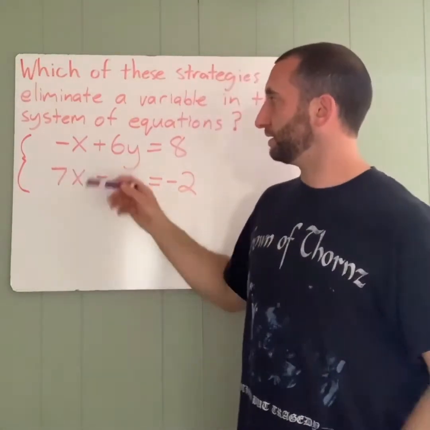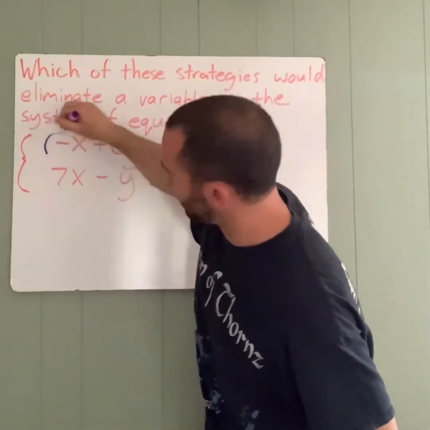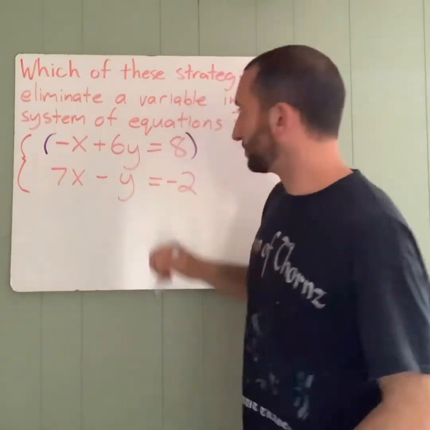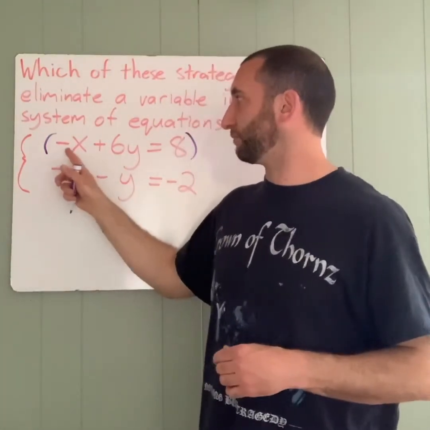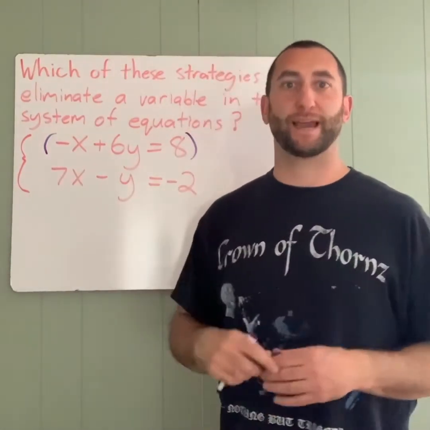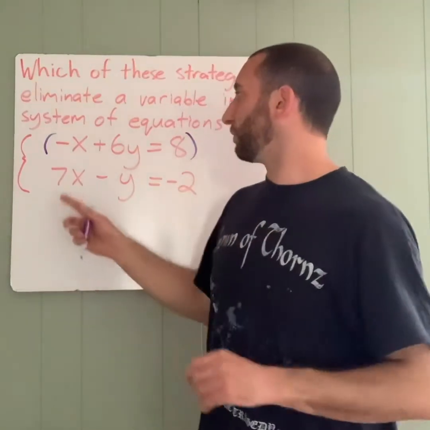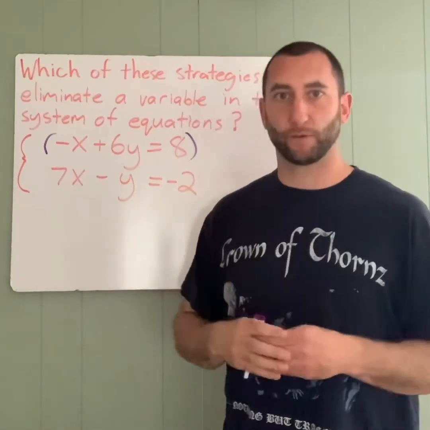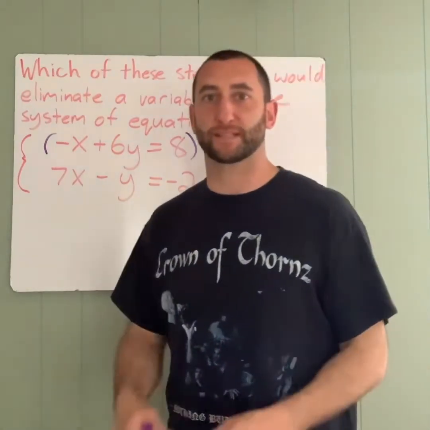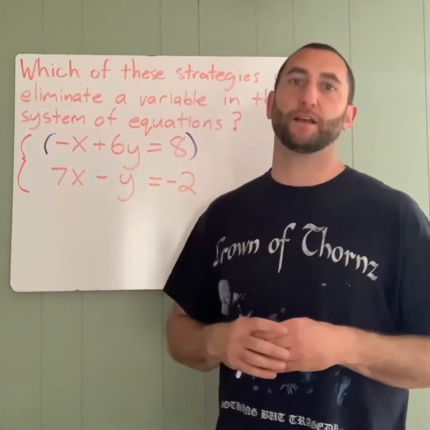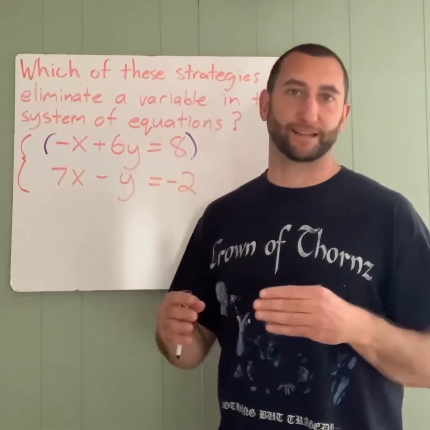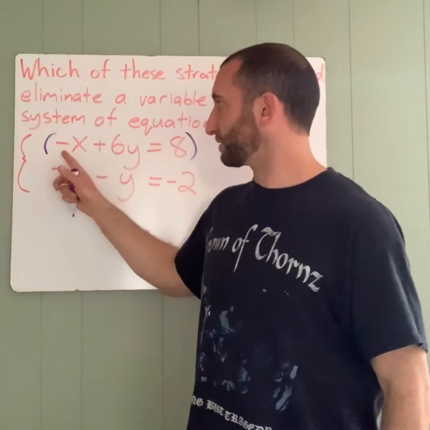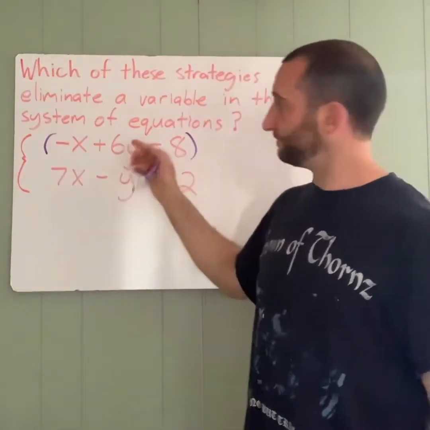What could we do to this entire thing? Because whatever we do to one term, we have to do to all the terms to keep them balanced. So what could we do to -1 to make it into something that when we added it to 7, it would disappear? What's the opposite of +7 is what you need to think about. -7. What's 7 minus 7? It's 0. Or opposite way of thinking about it, what is 7 plus -7? Same thing, 0. So if we multiply this whole thing by 7,